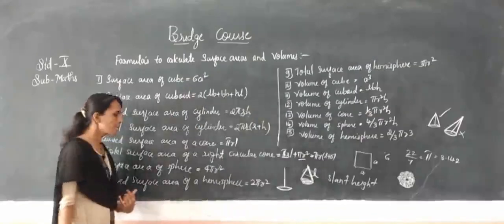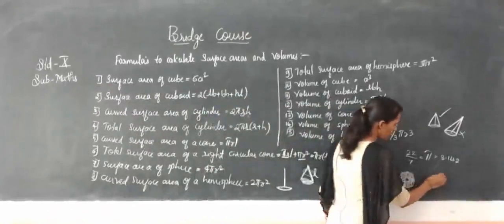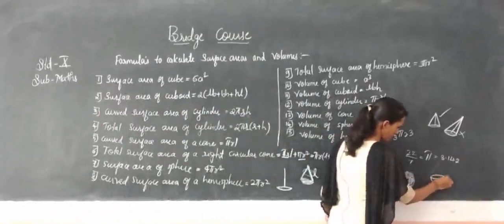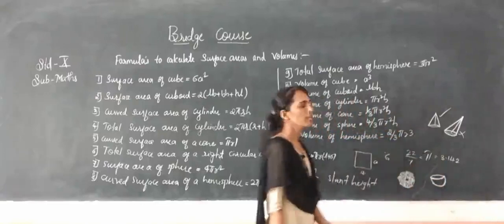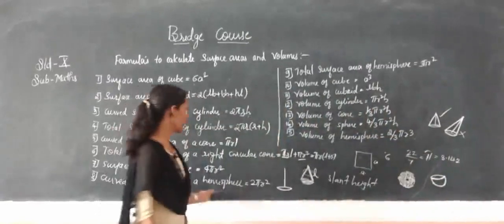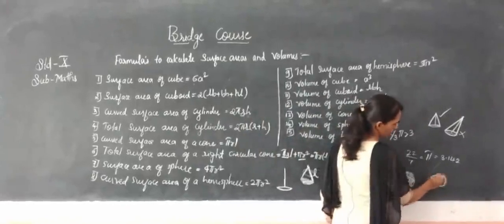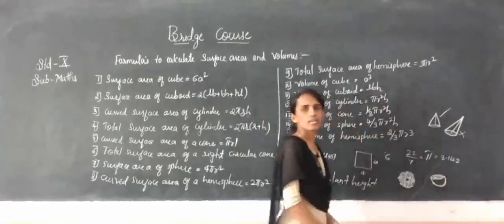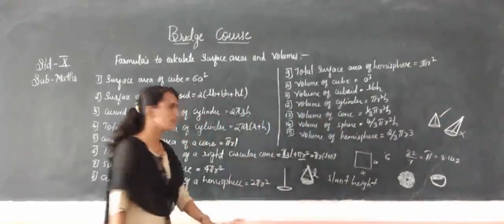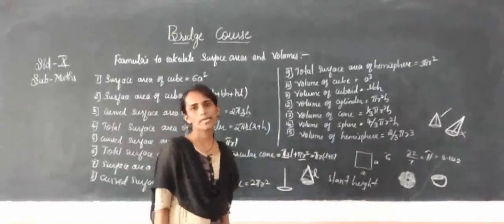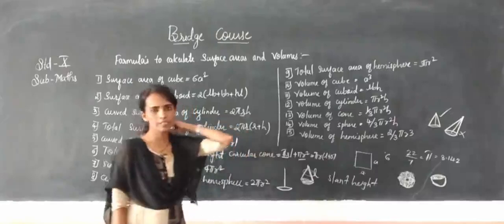So next one, curved surface area of the hemisphere. What is the hemisphere? That is the half part of a sphere. So this will be in the form of like this. What is the curved surface area? Whatever this part is there now, the above circular part, except that, the remaining part we call the curved surface area. The curved surface area of the hemisphere will become 2 pi r square.